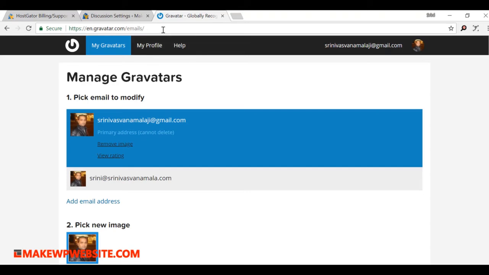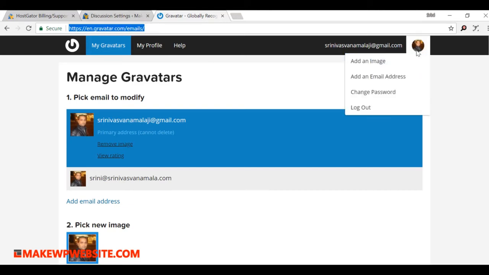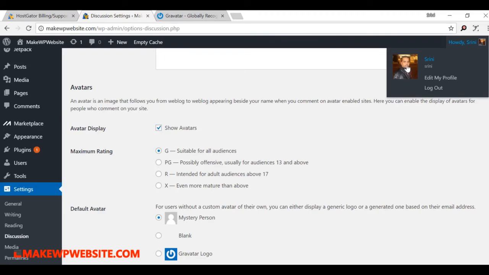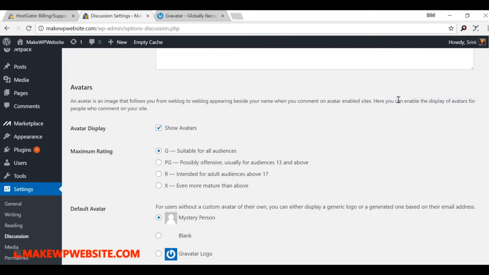So the first thing I want you to do is go here. I'll give you this link again. Create an account with the same email ID that you'll use on your site and upload your profile pic here. Then you just come to Discussion, say show avatars, and if it's unchecked, please check it. Automatically all your profile images will show up everywhere, even when you comment or when a post is published.